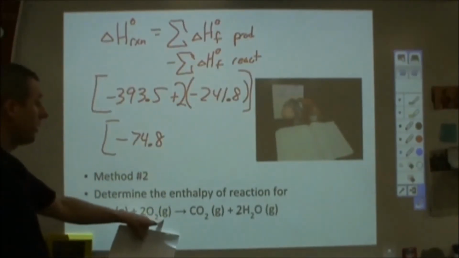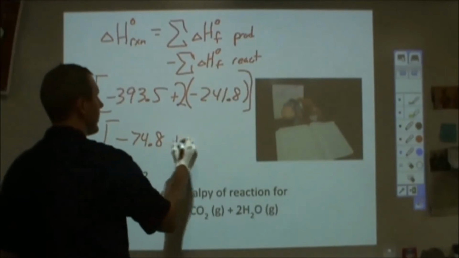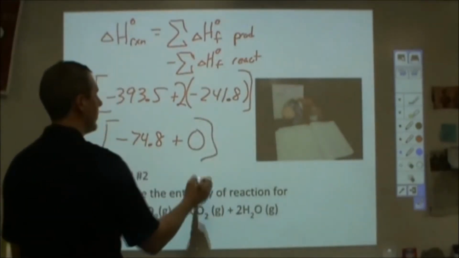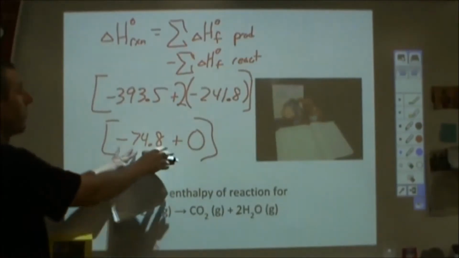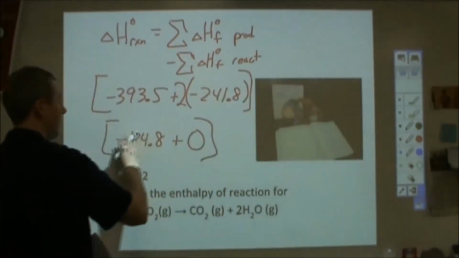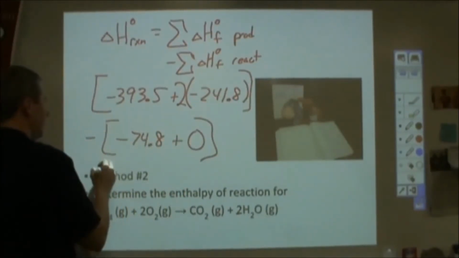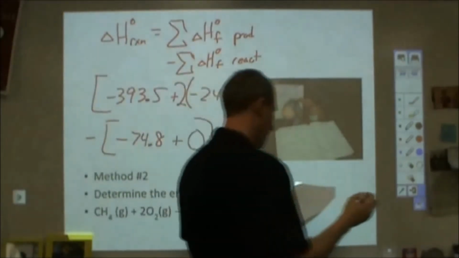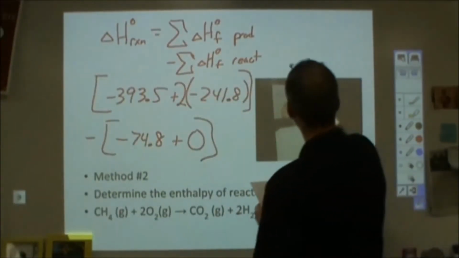And then the oxygen is an element in its normal conditions. That's going to be 0. And it's two zeros, but, still 0. So this is the sum of all of my reactants. So then all I have to do is take this quantity, subtract this quantity, and that will then give me my enthalpy for reaction. So for this one, that ends up being a negative